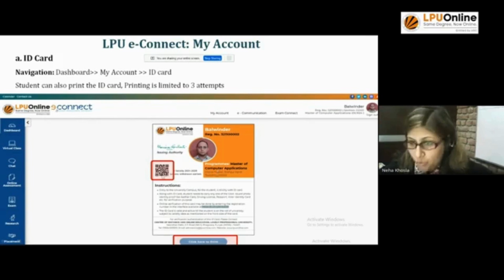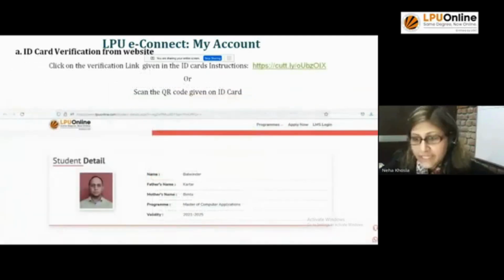और क्यूआर कोड के अलावा देयर इज अ लिंक इन योर इंस्ट्रक्शन सेक्शन। इस लिंक को क्लिक करने पे भी आप डायरेक्टली रीडायरेक्ट हो जाएंगे वेबसाइट पे। वहां से आपका जो आईडी कार्ड है दैट कैन बी ऑथेंटिकेटेड, ऐसे दिखेगा वो। ऊपर टॉप पे आपका रजिस्ट्रेशन नंबर भी आएगा उस सेक्शन में।